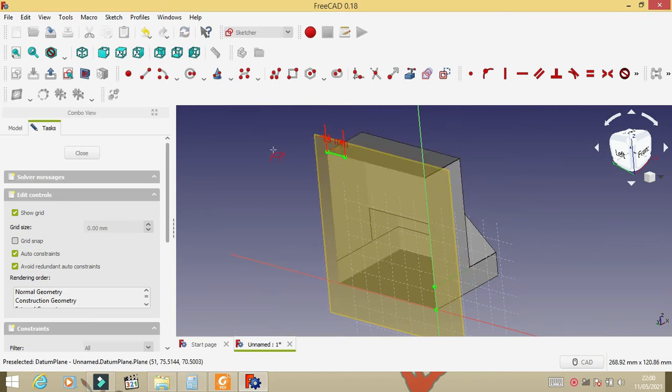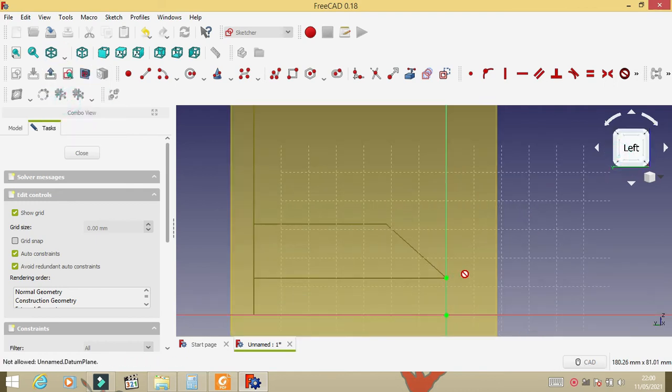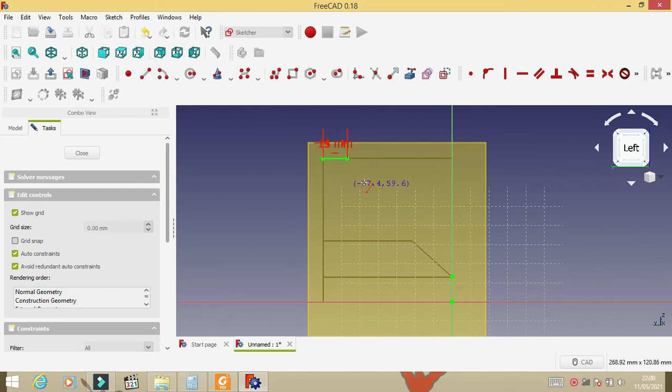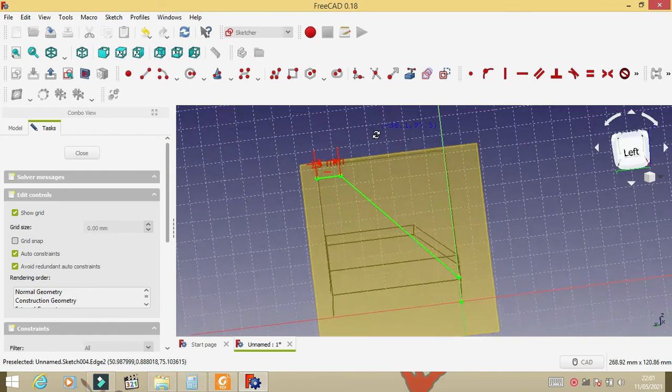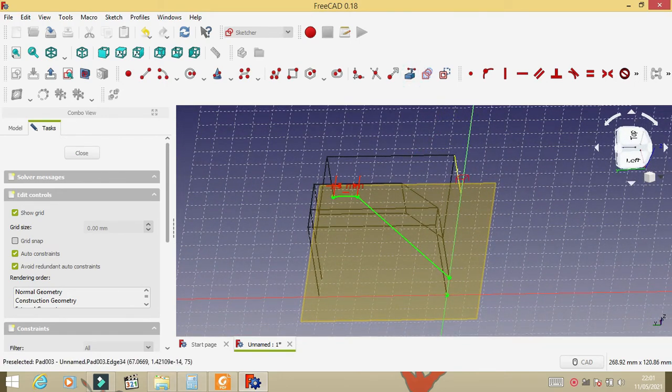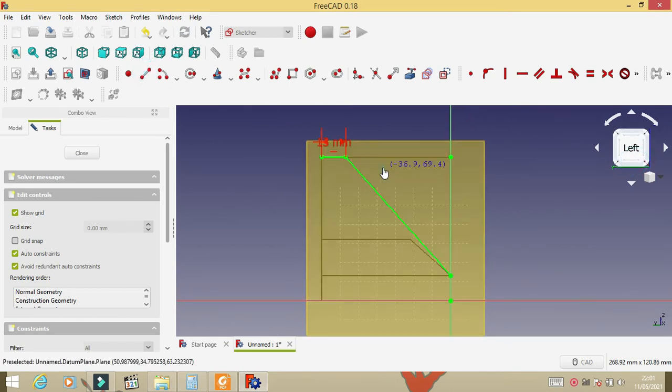Make a reference point again. We choose wireframe mode. Connect the dot. Make a reference point. Make a vertical line.